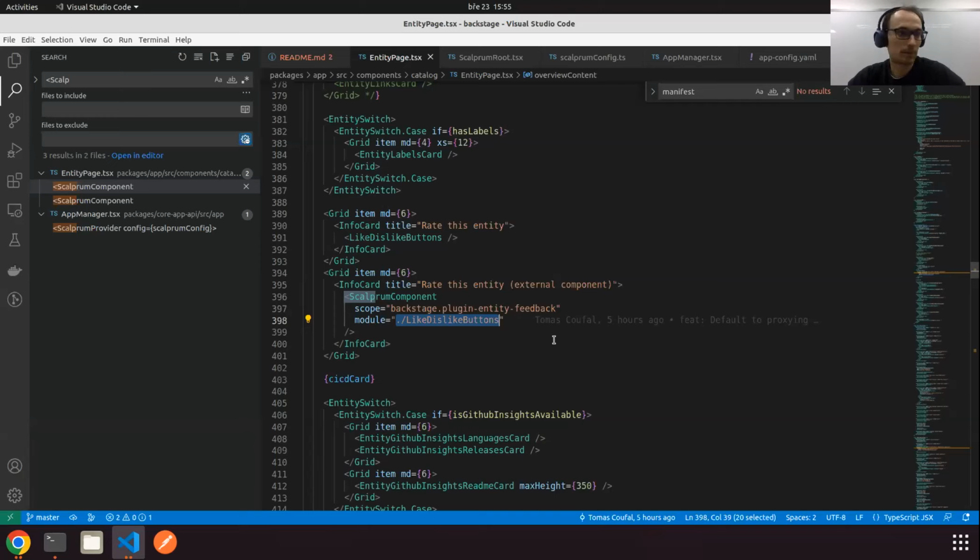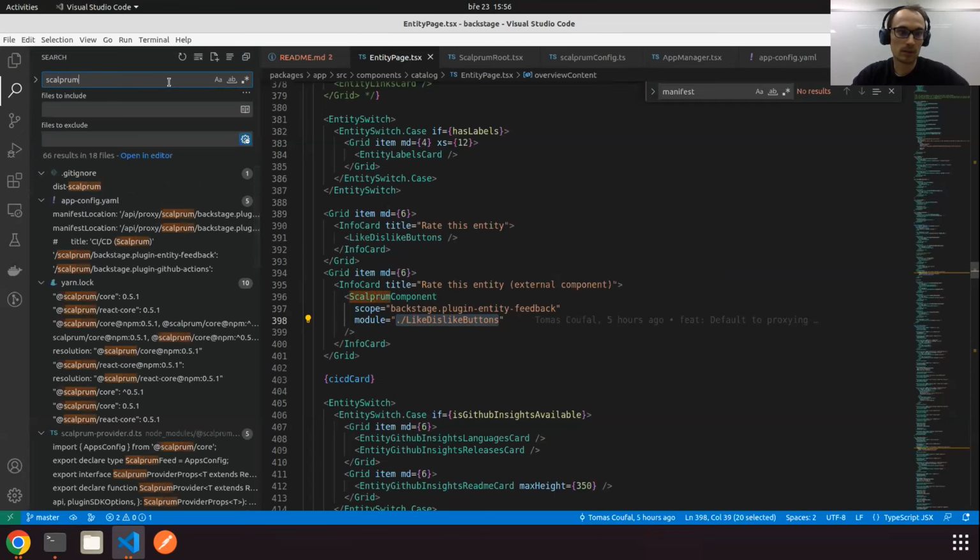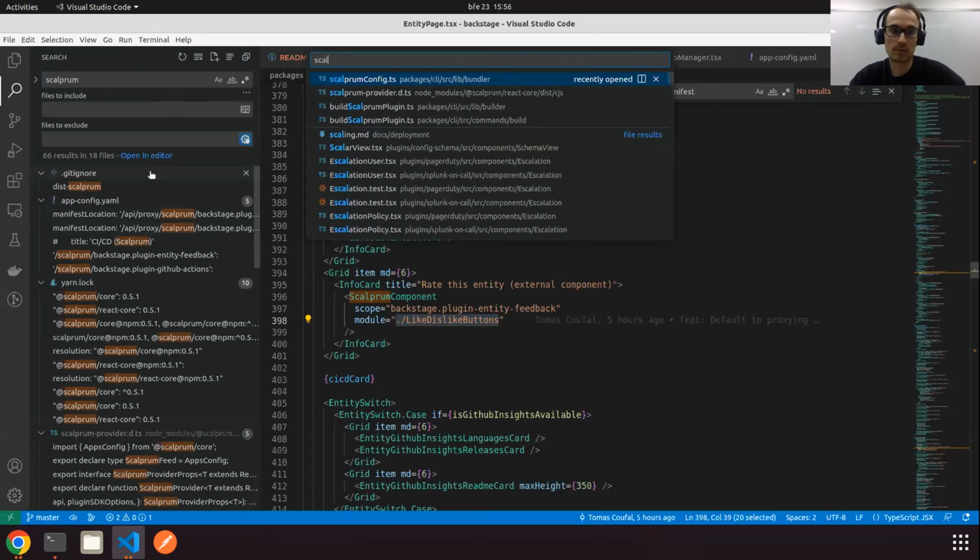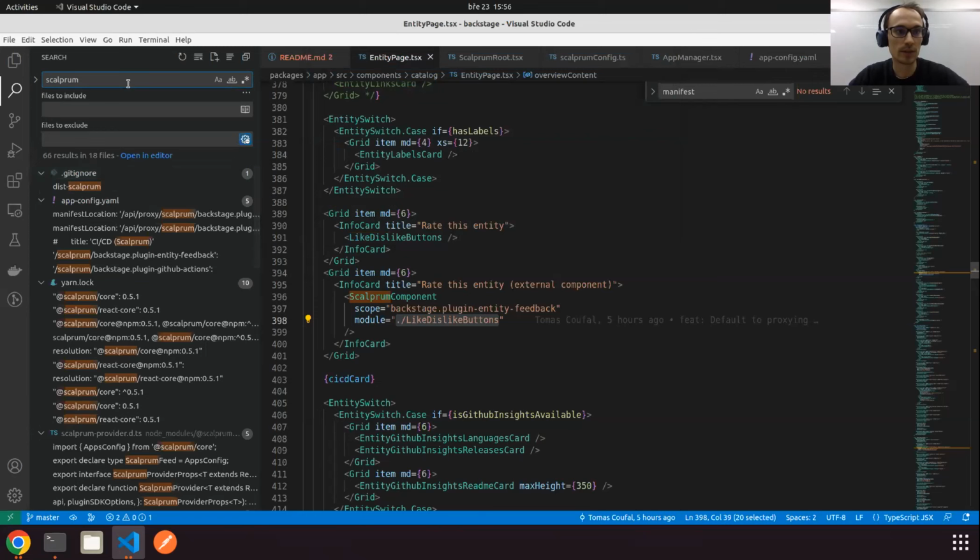Yep. I know we are running out of time, so the last point that I want to show is the Webpack configuration for the plugin, because we have to add a Webpack configuration for the plugin. As far as I know, and I'm very experienced with Backstage, I saw it for like 3 hours, you are building the plugins with Rollup, and obviously Rollup and Webpack will not be compatible. So we have to add a simple Webpack config